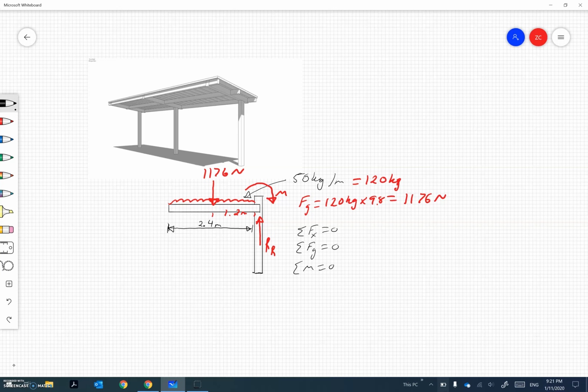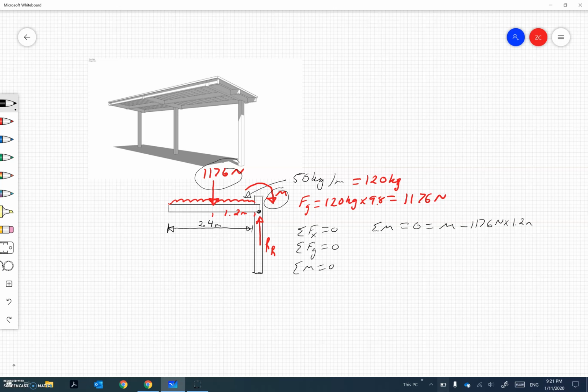So let's start with the sum of the moments. We're going to take the moment around this point here. It's going to be equal to 0 when it's in equilibrium. So we have a clockwise moment, which is this part here that we're not sure about, and then we've got to take 1,176 newtons times 1.2 meters, which is this one. So we get,